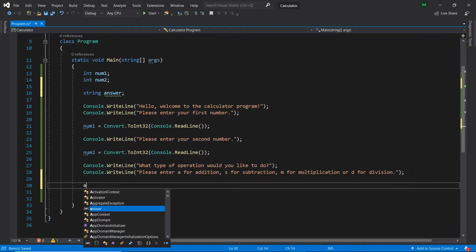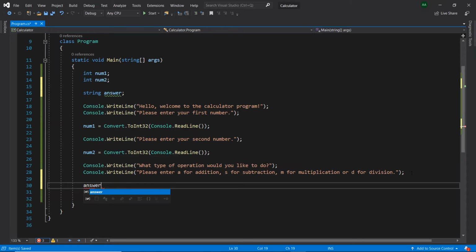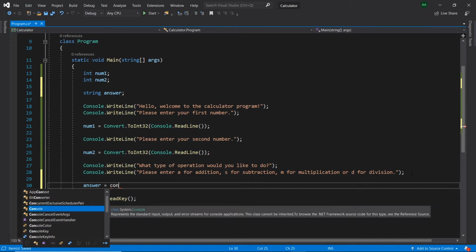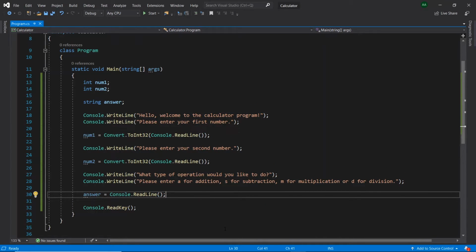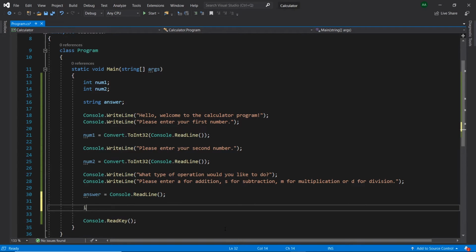Then below our Console.WriteLine, let's assign answer Console.ReadLine. As the data returned from the Console.ReadLine is already a string, there is no need to convert or cast it. Next, we'll need to make a decision based on the answer the user has just entered. To do this, we'll use an if statement. On the next line, let's type if